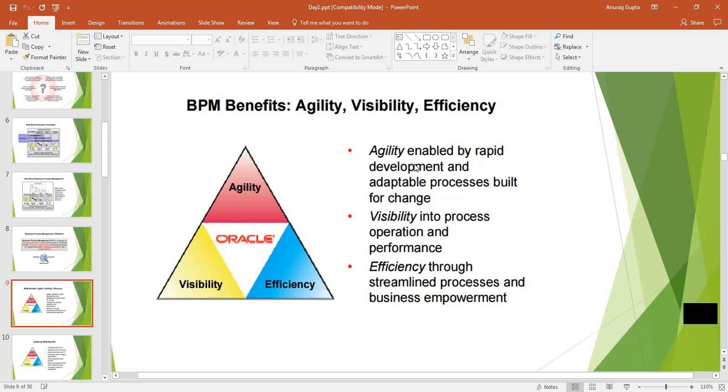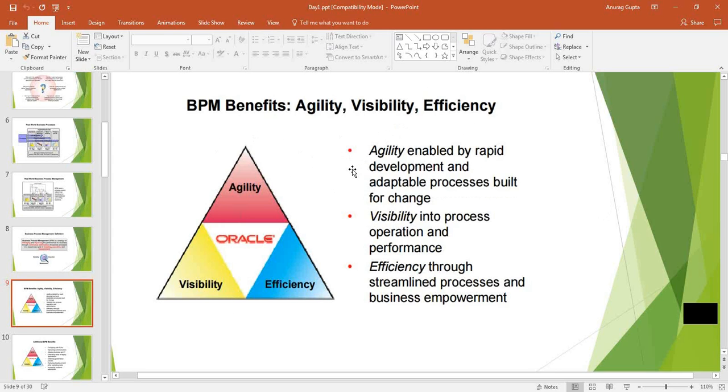When you are aware of what things will get impacted, it becomes agile. Your process becomes agile, so it gives the value of that agility to the organization. Agility is enabled by rapid development and adaptable processes built for change. We know that changes are something which will come, and